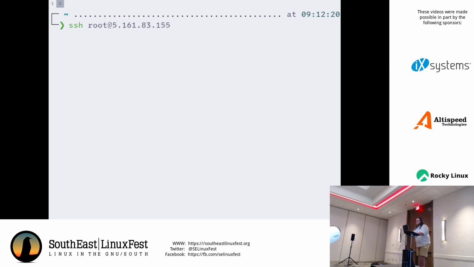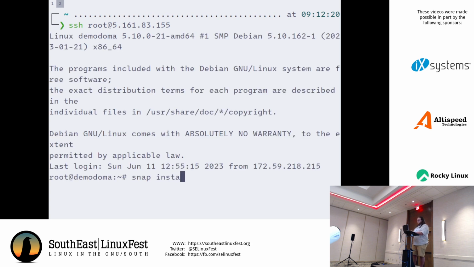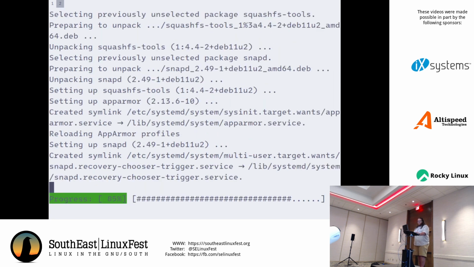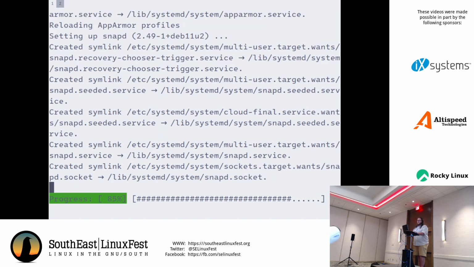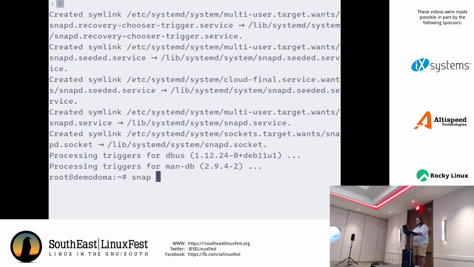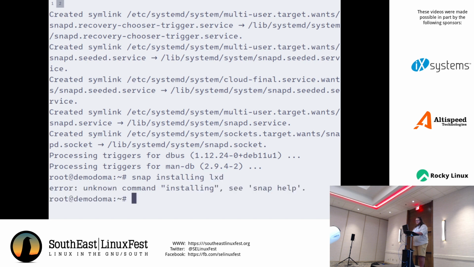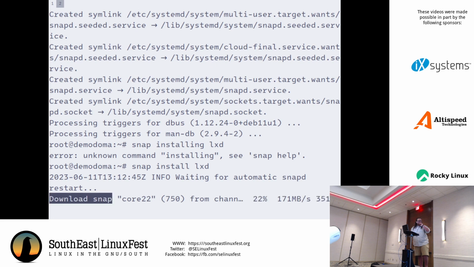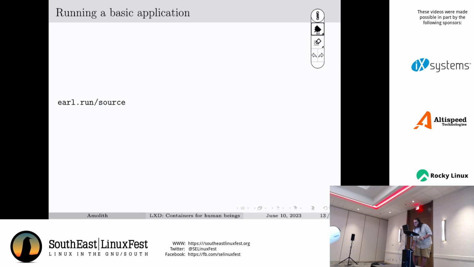So we're going to SSH into a server, apt install snapd. This is a Debian 11 system. And we are going to do it from the beginning. Installing snap, installing LXD. I said installing and I typed install. There we go. And this will take a minute. It usually takes a while because snaps are rather large, unfortunately. So what we're going to do